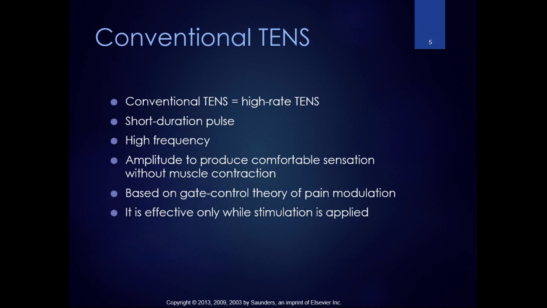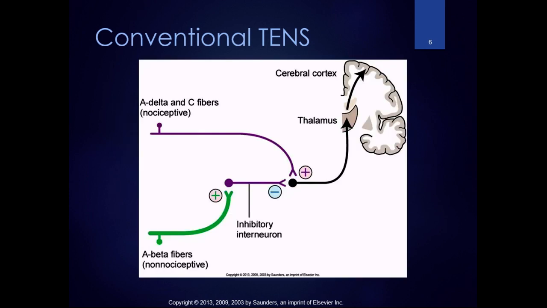It's effective when the stimulation is applied, because it uses that gating technique. So you have to be stimulating those A beta fibers in order for it to work. So here's our little graphic. The A delta and C fibers, those nociceptive fibers, are sending their pain messages up to the dorsal horn of